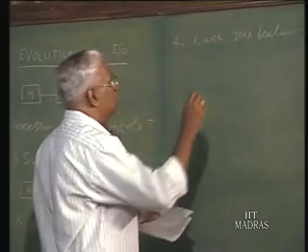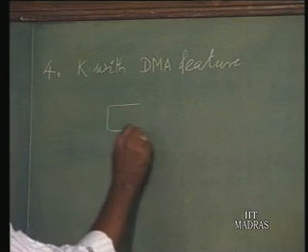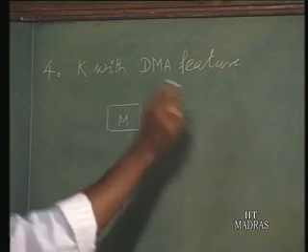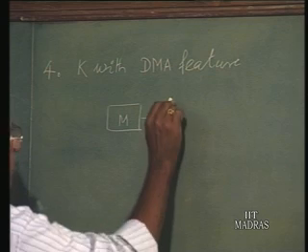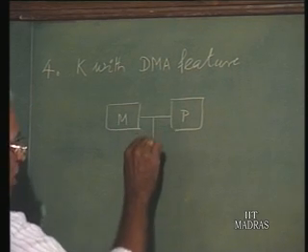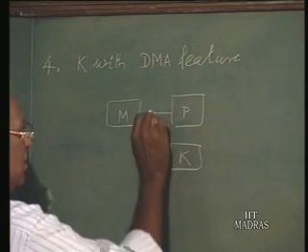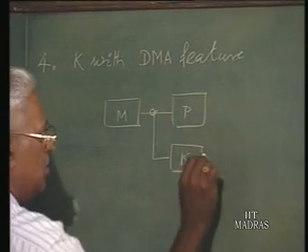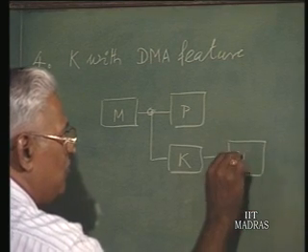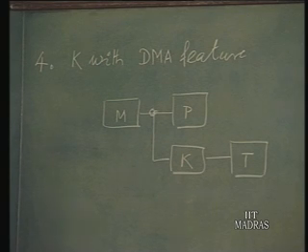So, we have to slightly modify this, that is, we have the memory M and the processor deals with it. Now, we have the controller K, which helps T access the memory if necessary directly. Agreed? So, instead of this arrangement,